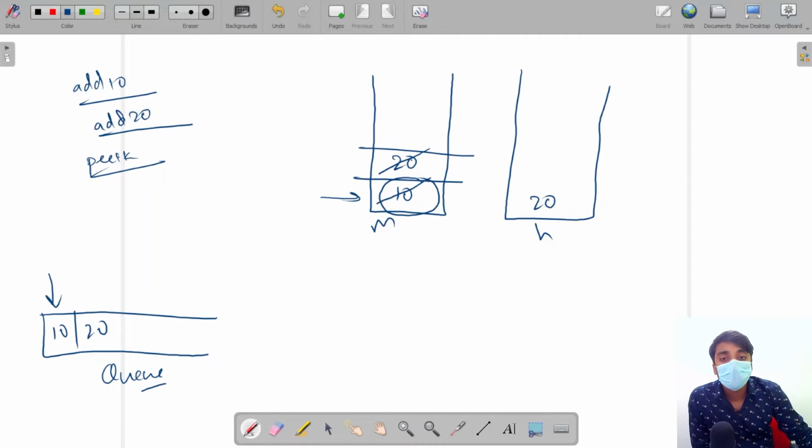Now remove the last element from the main stack and save it to return that value. So this value will be the peek value of the queue. Save the rest to the helper. Now remove all the values again from the helper and push them to the main.